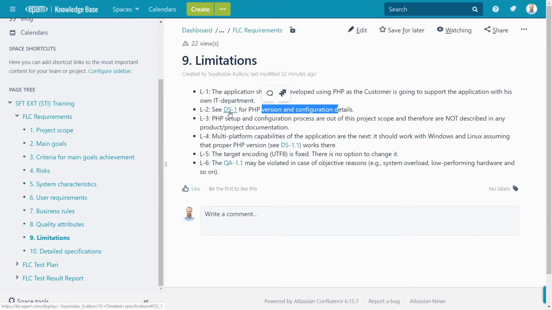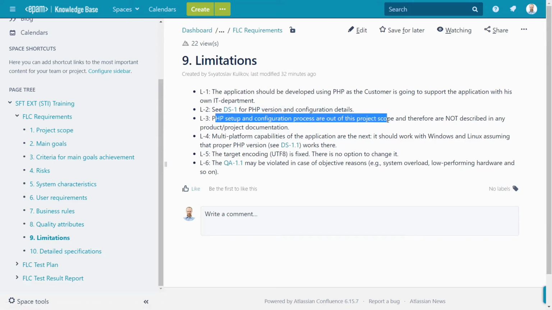And we may find more data in detailed specification 1. We see that PHP setup configuration is out of scope of this project, and will not be described in any documentation and so on and so forth. So anything that may limit us or limit project scope or introduce any other limitation, we should mention it here.